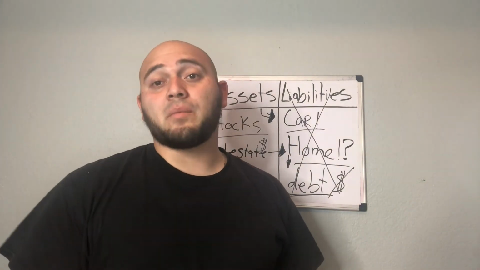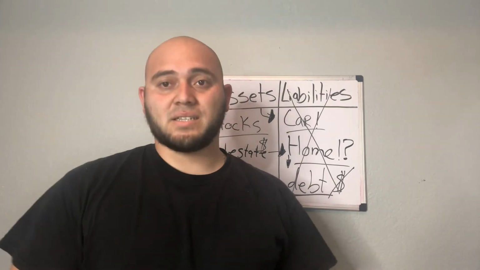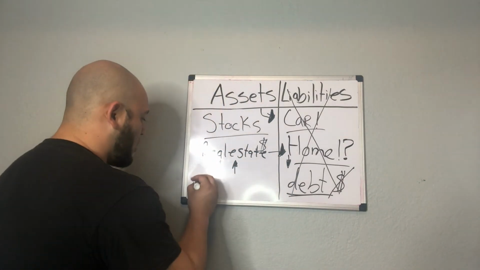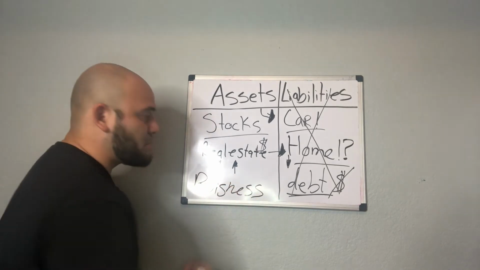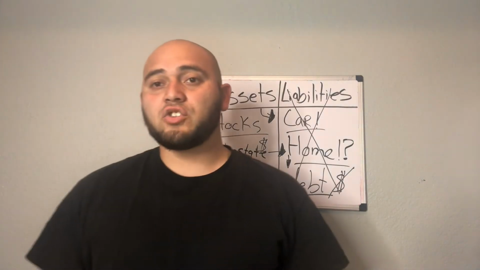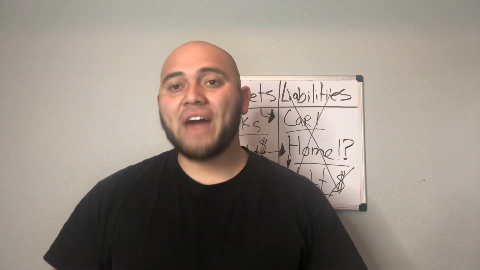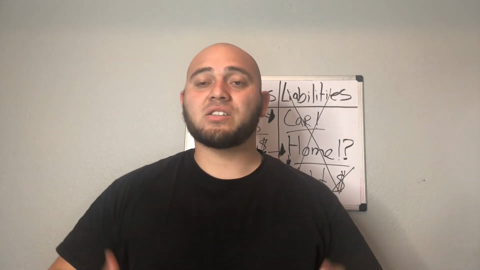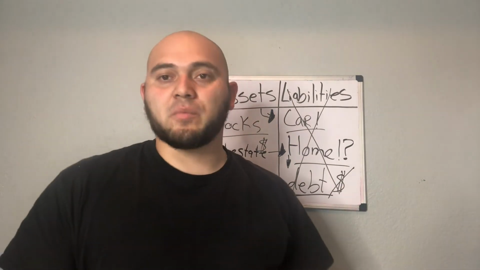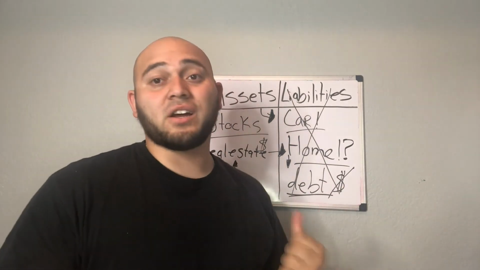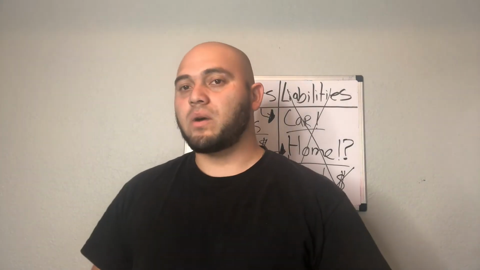Asset number 3 that I'm going to be talking about is owning a business, all right? So let's write that one down. Owning a business. When you own a business, you as the business owner have the potential and have the control to see how fast your money in your business could grow. This will also depend on how well you can manage your money. Owning a business is a really good test to see how well you manage your money as well, okay?